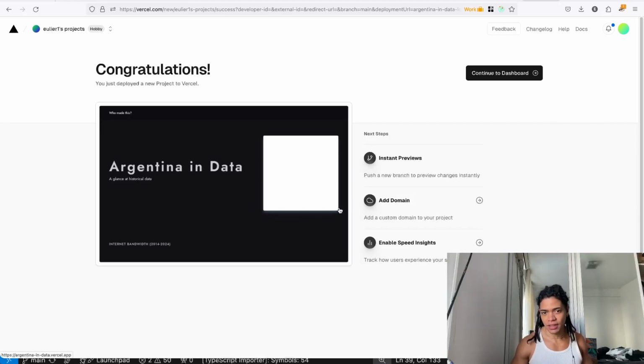And here we got our data here. Argentina in data. Holy moly. Let me take a screenshot of this because it actually looks lovely. Congratulations. What?